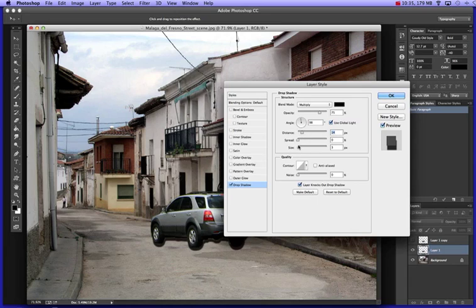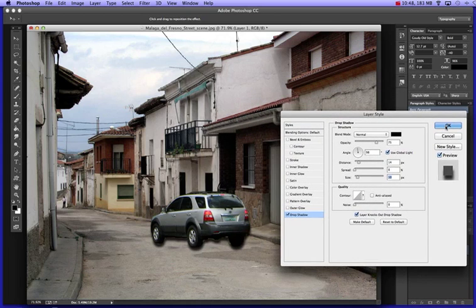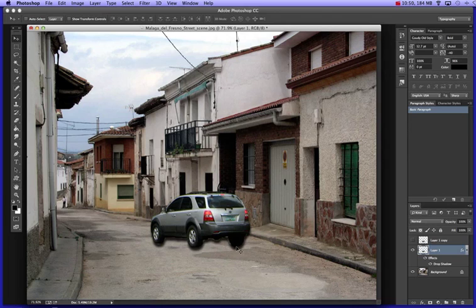Okay, and then I'm going to spread it so it's a little bit softer there, so the car looks like it's got some shadow underneath. But it's got shadow underneath the tires, everything. I just need shadow right underneath this part of the car here. So what I'm going to do, I'm going to get normal here. Okay, what I'm going to do is just hit OK, and then I'm going to go in and turn this